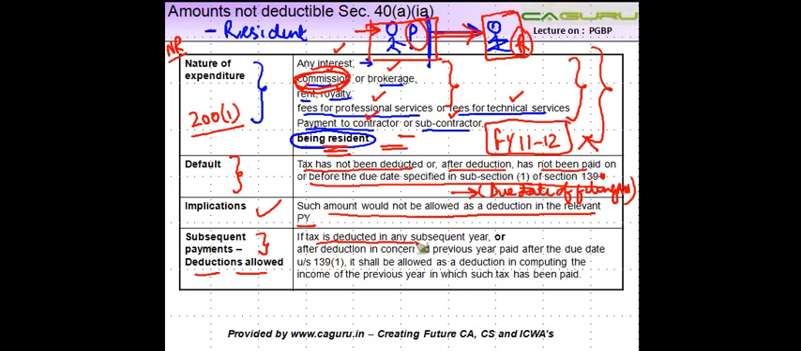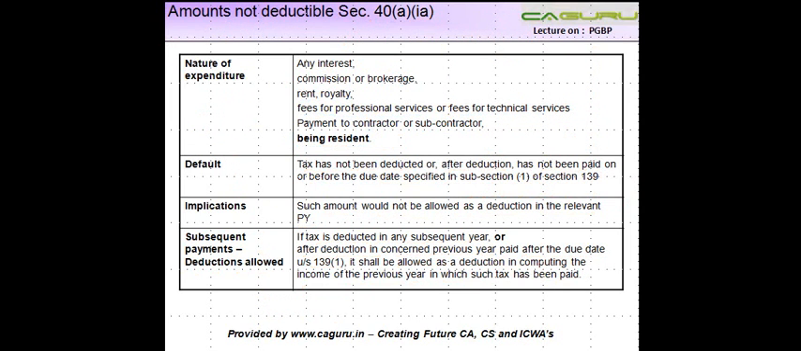If tax is deducted in any subsequent year, okay, or after deduction in the concerned previous year but paid after the due date. So let's say you deduct tax during financial year 12-13, right? Or maybe you deducted the tax during financial year 11-12 but you deposited it after the due date of filing of return of income. Then this amount is allowed as a deduction in computing the income of the previous year in which such tax has been paid. So whenever you finally pay the tax in that year, you are going to get a deduction for this expenditure, right? Just to get back to the drawing board,